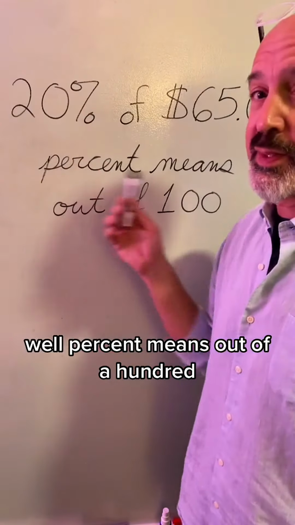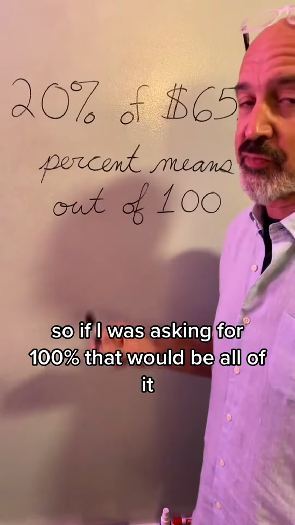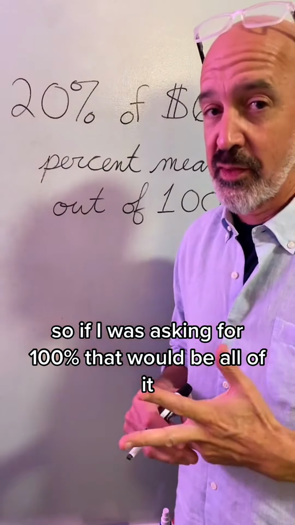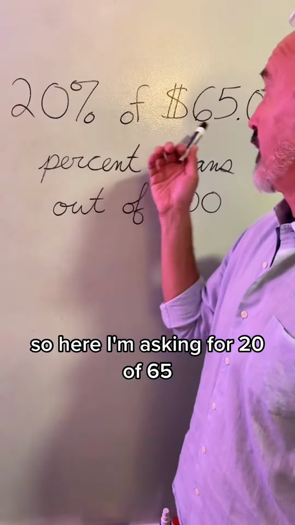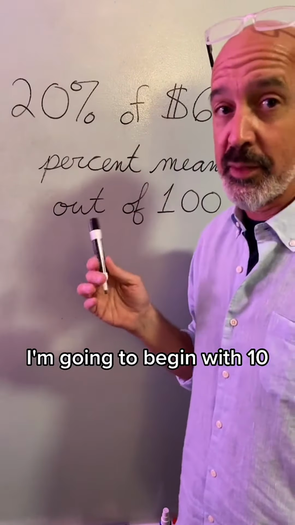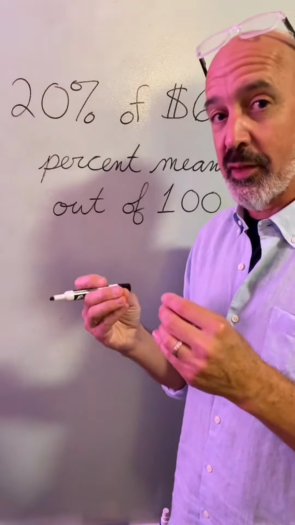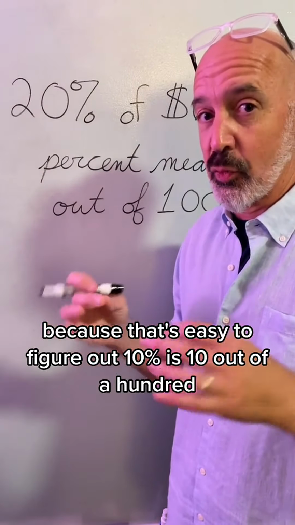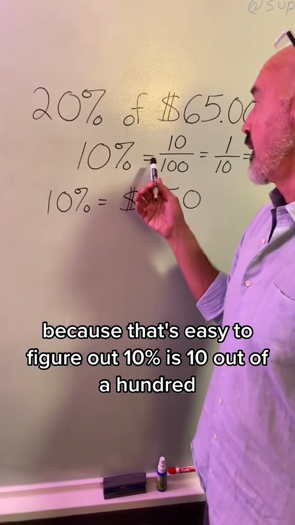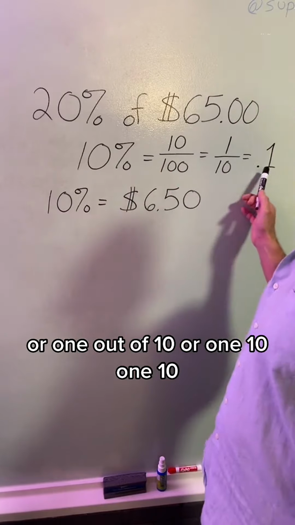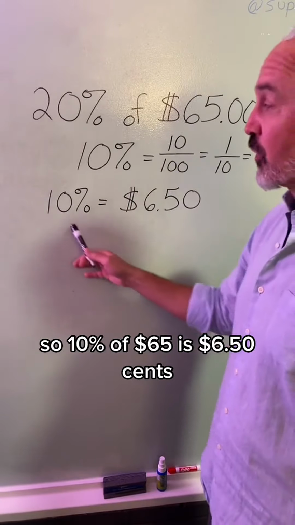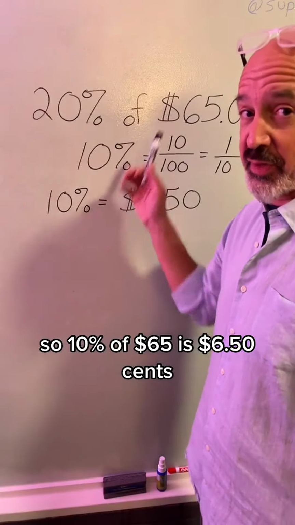Well, percent means out of 100. So if I was asking for 100%, that would be all of it. So here I'm asking for 20% of $65. I'm going to begin with 10% because that's easy to figure out. 10% is 10 out of 100, or 1 out of 10, or 1/10. So 10% of $65 is